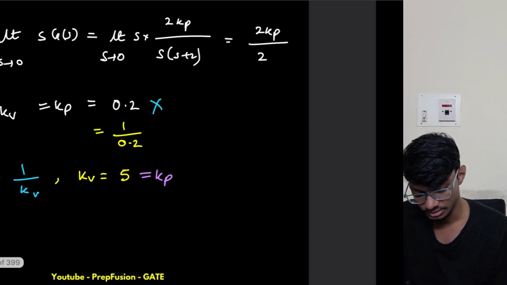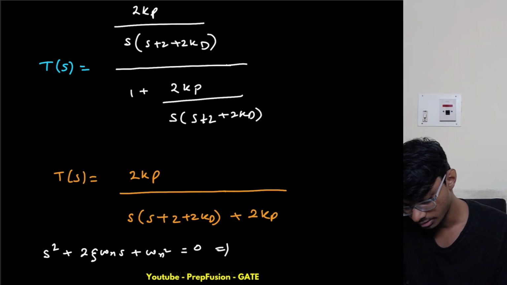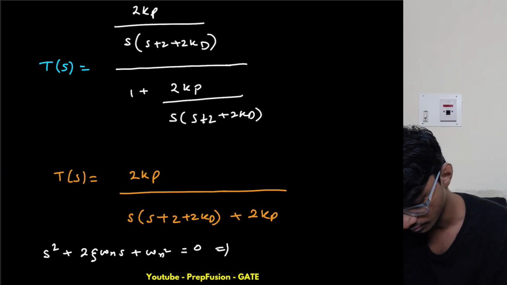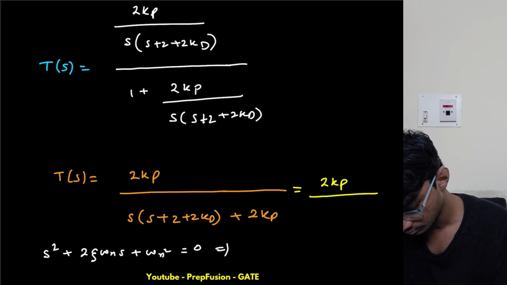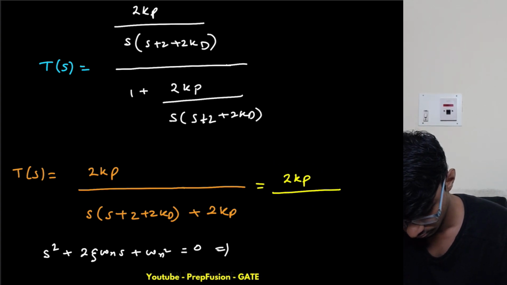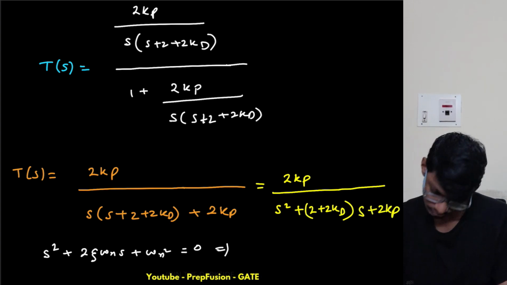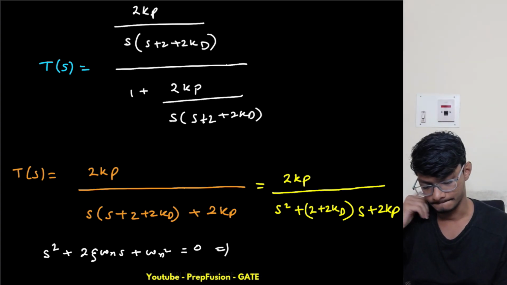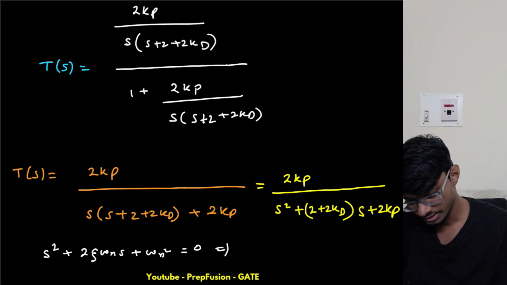Okay, so if zeta given is half, so my 2 zeta omega n. I need to simplify this further. Actually, I forgot to simplify. This will be 2 kp divided by s square plus 2 kd into s plus 2 kp. Okay, so yeah, this is basically my T of s, right? T of s. So now I can compare my 2 zeta omega n as